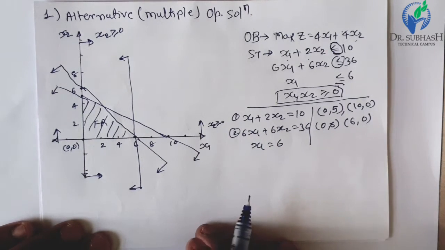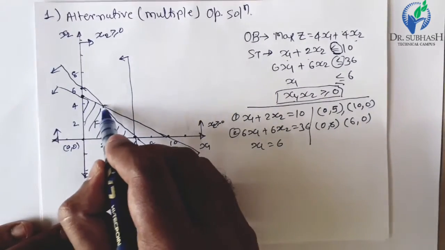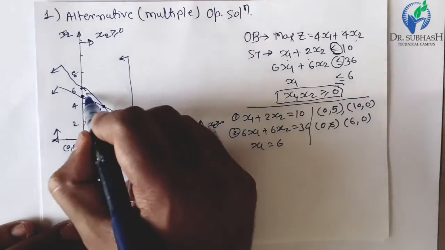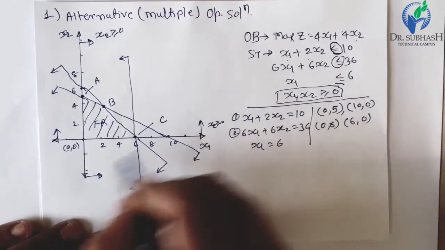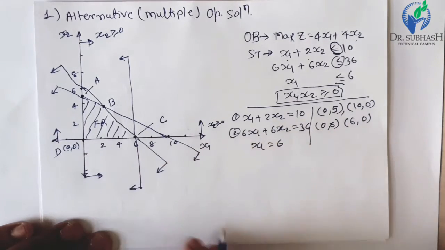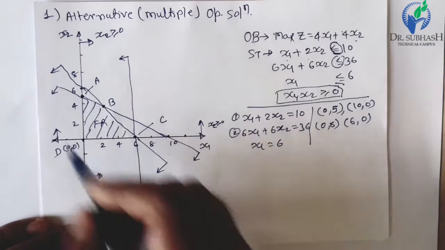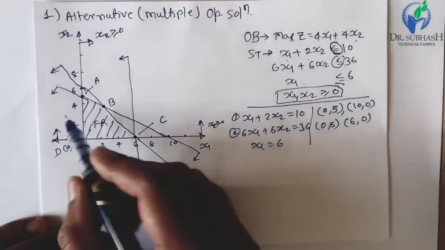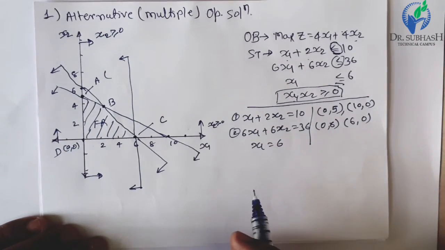Now, consider extreme points. Extreme point, say this point, and this point. We will give them names. Here it is point A, here this is the point B, and here this is the point C. And another extreme point is origin itself, say D. So, now calculate the value of objective function at all these points. But before going on to the calculation, first calculate the coordinates of all these extreme points.